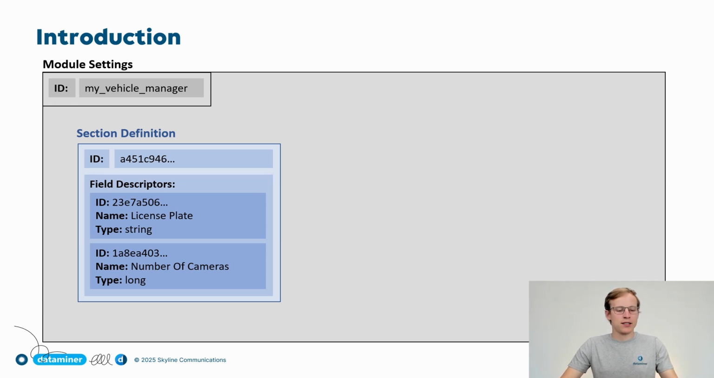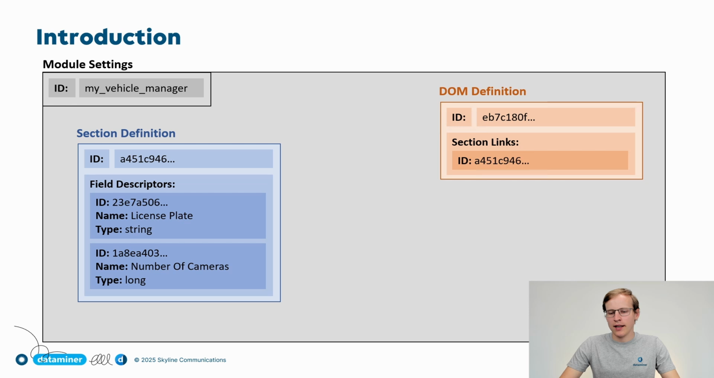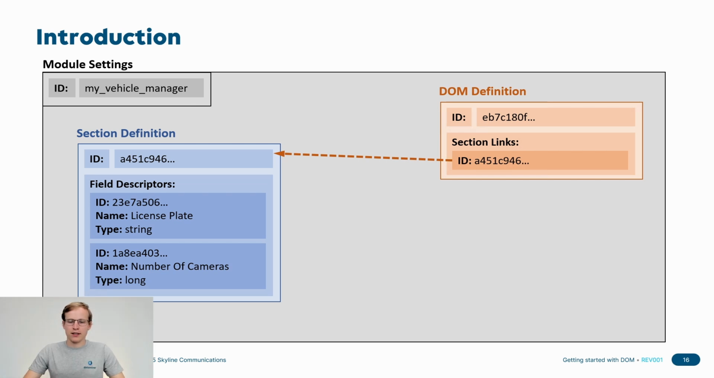So we create a section definition, give it a certain ID, and then define a field descriptor for each field that you want. In this case, it's simplified: we only have the license plate and the number of cameras. Once we have our section definition, we can create our DOM definition. This is, again, a simple object that has a link to our section definition. It says, hey, my vehicle actually needs to have values, and the values are in the section definition that is